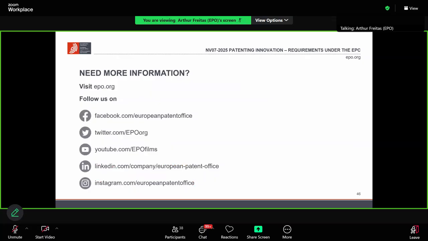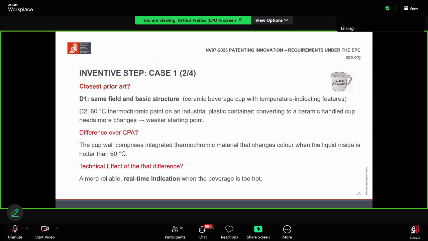I noticed there were a couple of questions and comments on starting with D1 or D2 in your example. Obviously, because D2 had the color change aspect. Absolutely, it all depends on what is the common. Imagine you start from D2. D2 already has the crucial features, right? But how do you start from D2 and arrive at a ceramic cup with